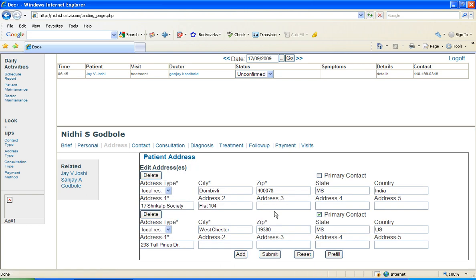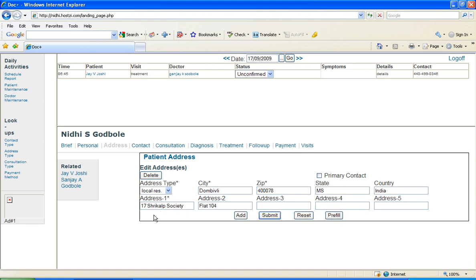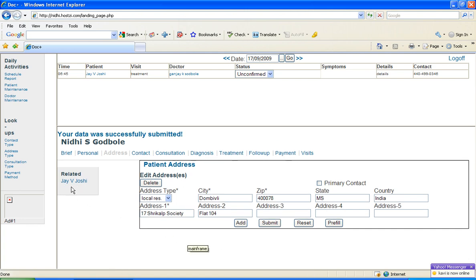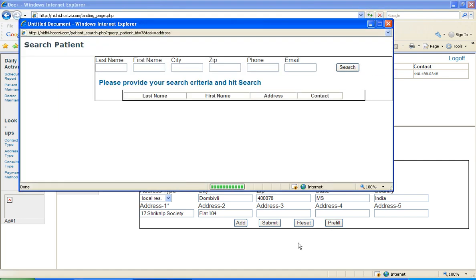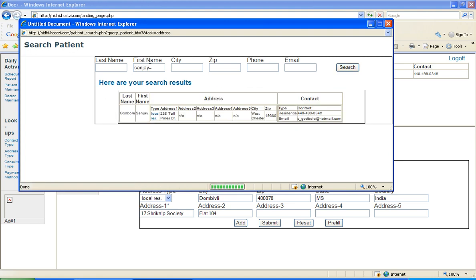Again, as I said, the relation is maintained based on the addresses themselves. As soon as you delete a particular address, you'll see that the relation also gets updated here. Also, at the same time, you can pre-fill the address. So if you do not want to key in the address again, and you also want to make use of the relations functionality,